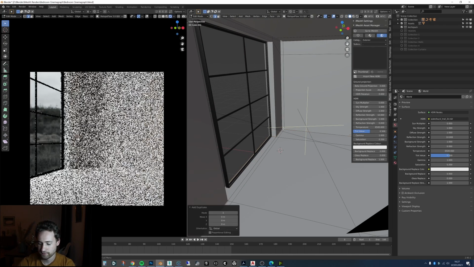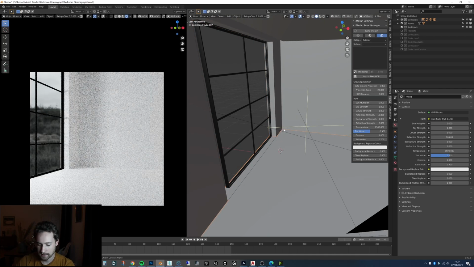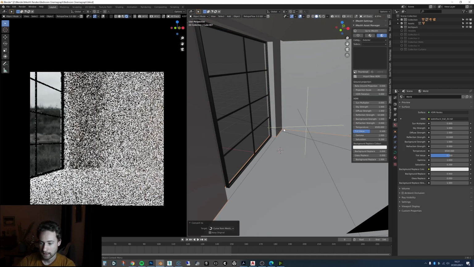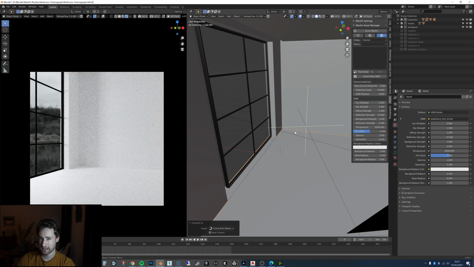And I just did Shift-P, and then I just got that and then converted it to a curve. I'm not going to go into too much detail in this video on the actual ArcViz side, because the main part is going to be on the cinematography stuff. So I'm just going to quickly breeze over this and assume you know what I'm doing, or if you want to know more, perhaps look through some of our other tutorials. We probably cover some of this.